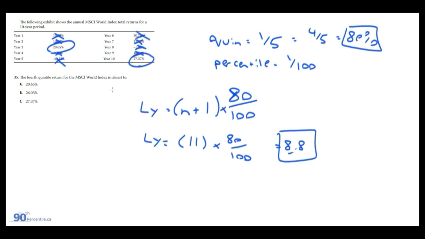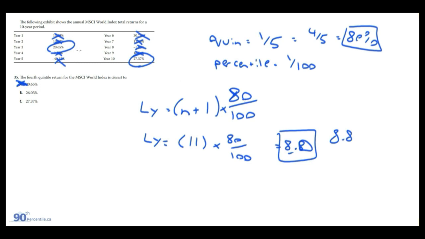So the fourth quintile return is going to fall somewhere in between this 20.65, which is the eighth value, and the 27.37, which is the ninth value. So when the position that you find isn't a whole number, so if this was 8.0, the answer would be 20.65. Let me see, that's an answer here actually, so we can cross that off. But given that it's